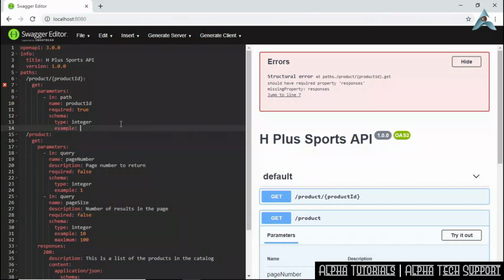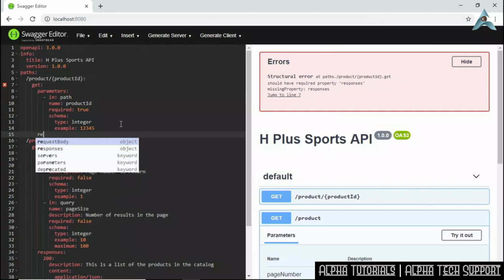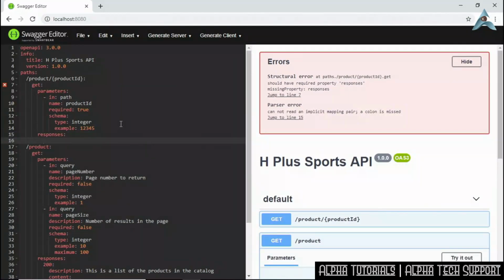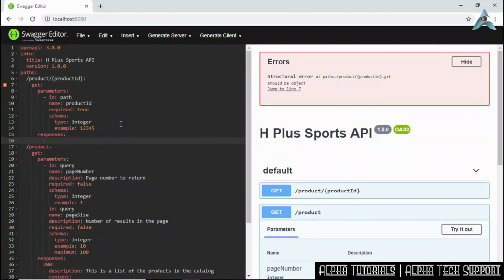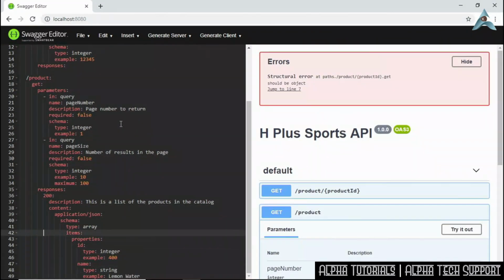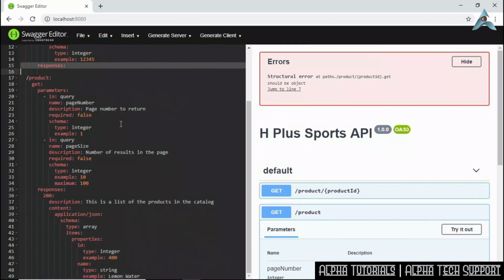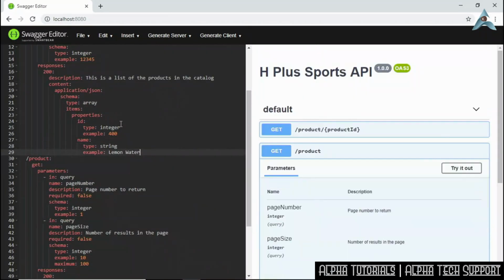And then, as always, we can provide some sort of example. And then anytime we have an operation, we know that the responses object is required. And since we've already defined a 200 response, we're going to borrow from our other operation,